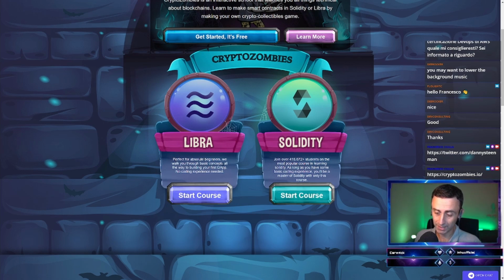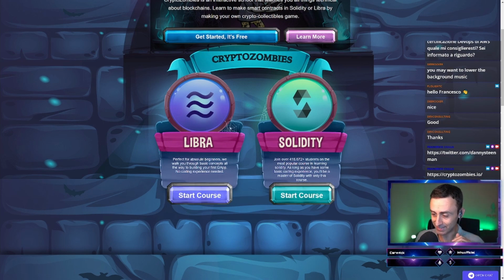We walk you through basic concepts, no coding experience needed. But I want to try this one, the Solidity one. The most popular course in learning the Solidity programming language. As long as you have some basic coding experience, you will be a master of Solidity with only this course. So this is the promise that they are making.